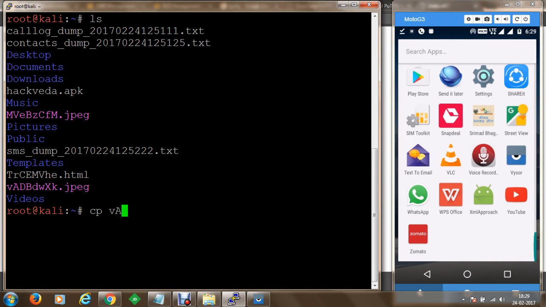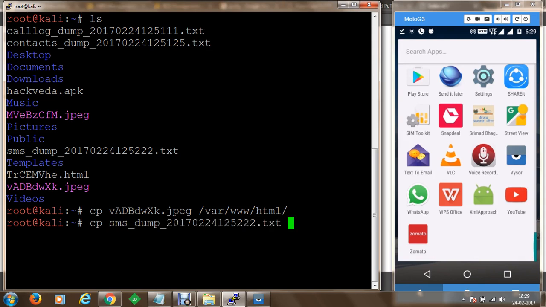So we are going to copy that to our device in the directory where www.html is, and once we do that, we can copy our SMS dumps as well, and we can view them.